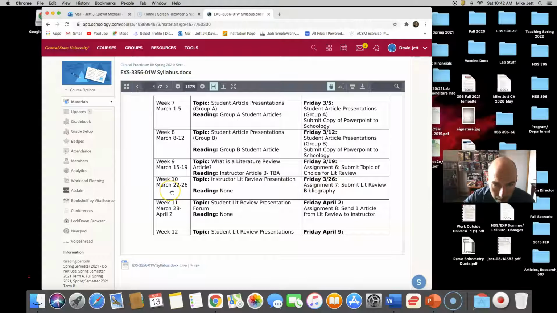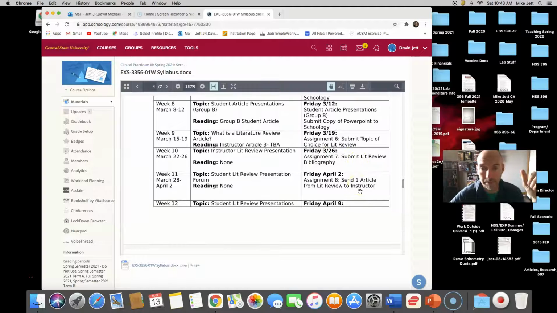Now the following week, I'm going to give a presentation, but your assignment for next week is to find your articles, and then you're going to submit a bibliography to me. So just like how you cited your single reference for the last presentation, now you should have a page with about 10 references, and that's going to be your next assignment you'll submit on the 26th, okay?